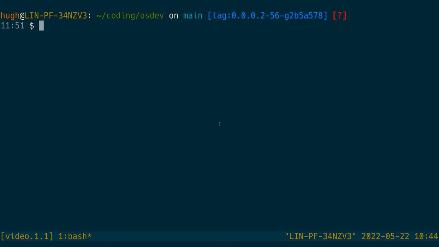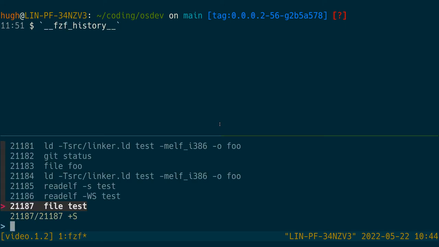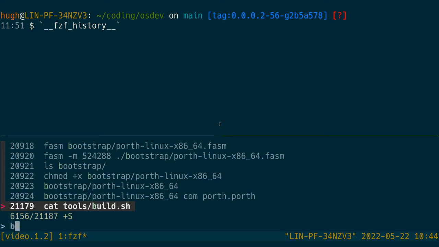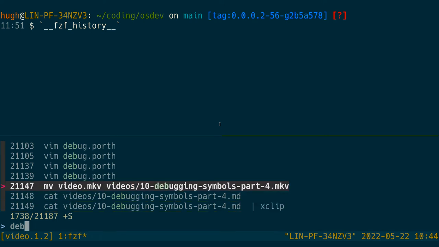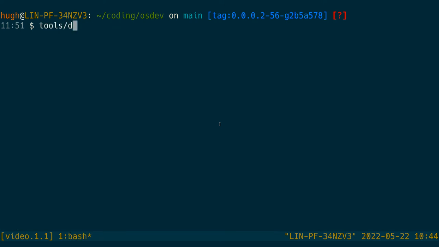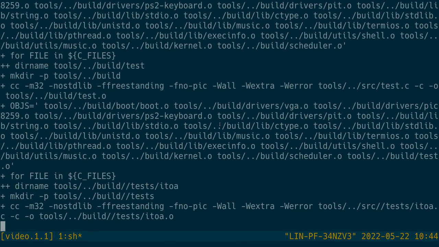Hey there, everyone. Thought I'd give an update on where I've been getting on with the debugging symbols project that I've been working on. Just to let you know, I've done a bit of stuff off screen, because I found a rabbit hole and I wasn't sure how deep it was and didn't really want to do it on screen. But just to show you where we are up to, if we go debug now,